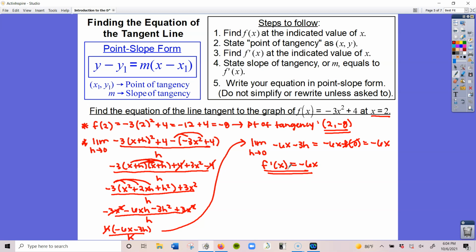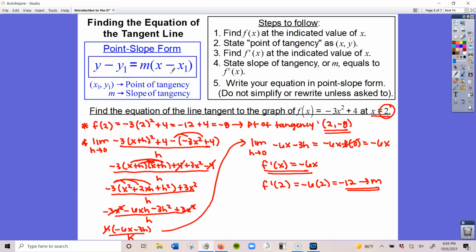What I need is the slope of my tangent line. Remember that this is going to let me find that slope at x is equal to 2. So I'm going to plug that in now. F prime of 2 is going to equal negative 6 times 2, which equals negative 12. This is my slope. So now that I have the slope and I have the point, I can put it